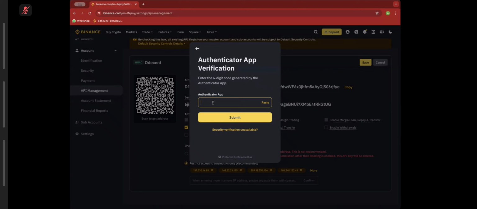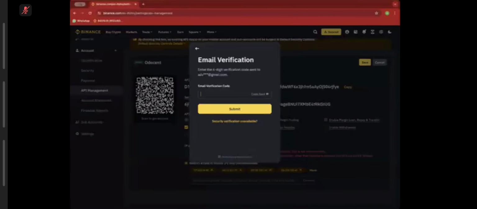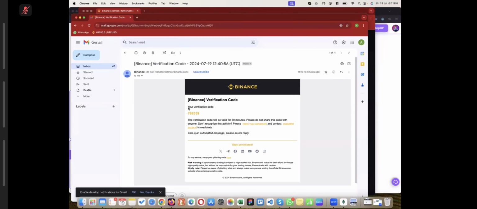Now I'm pasting in the mobile application. Now it's sending me an email. You have to go to your email and you will get a verification code. If you want to see the email, I can show you the screen also, how it will show. Okay, I think this is the screen, right? Can you see the screen? This is your verification code. So Binance will send you the verification code like this. Okay, so copy this code and again